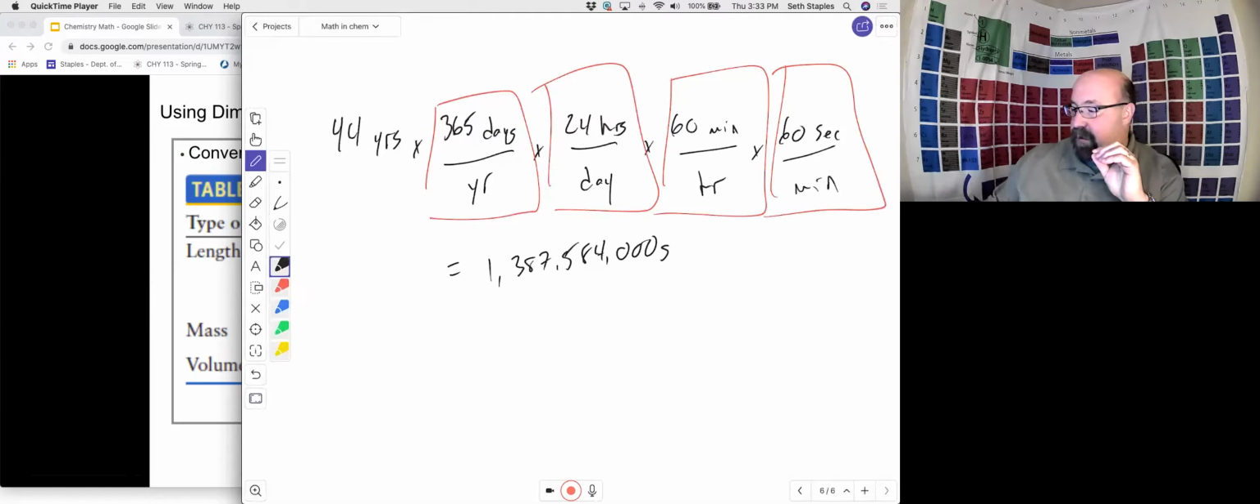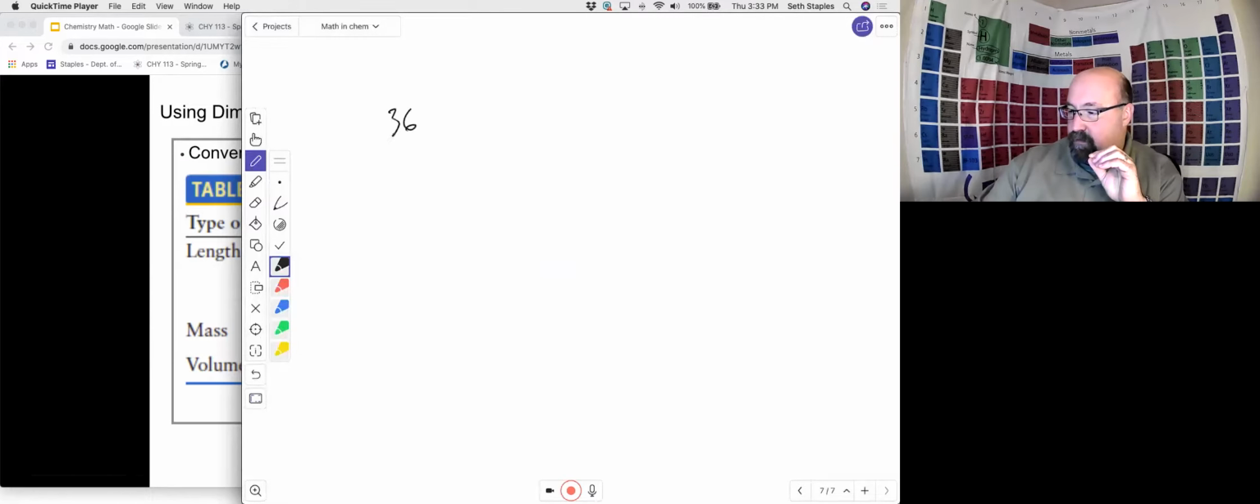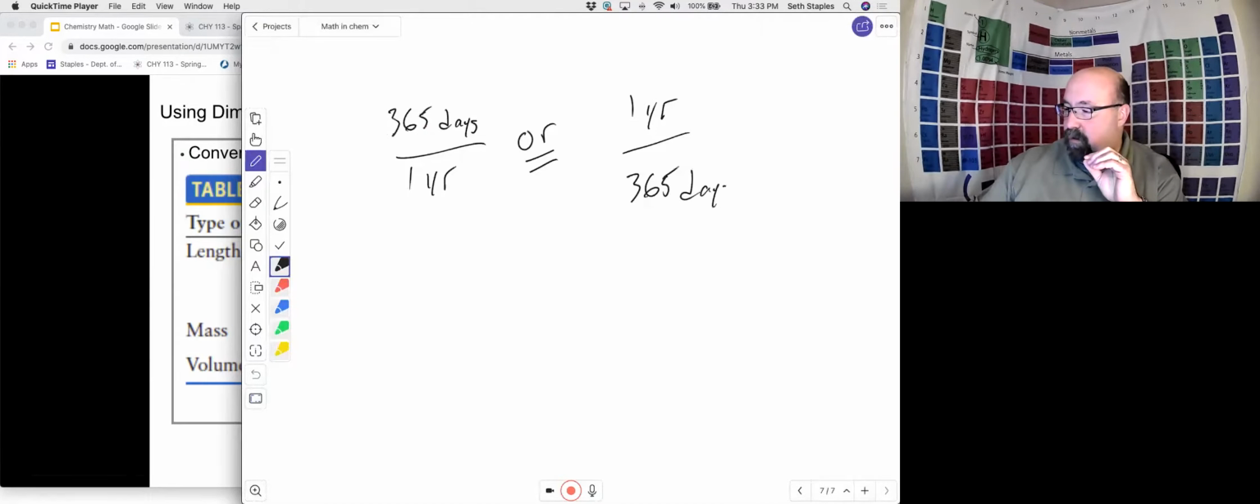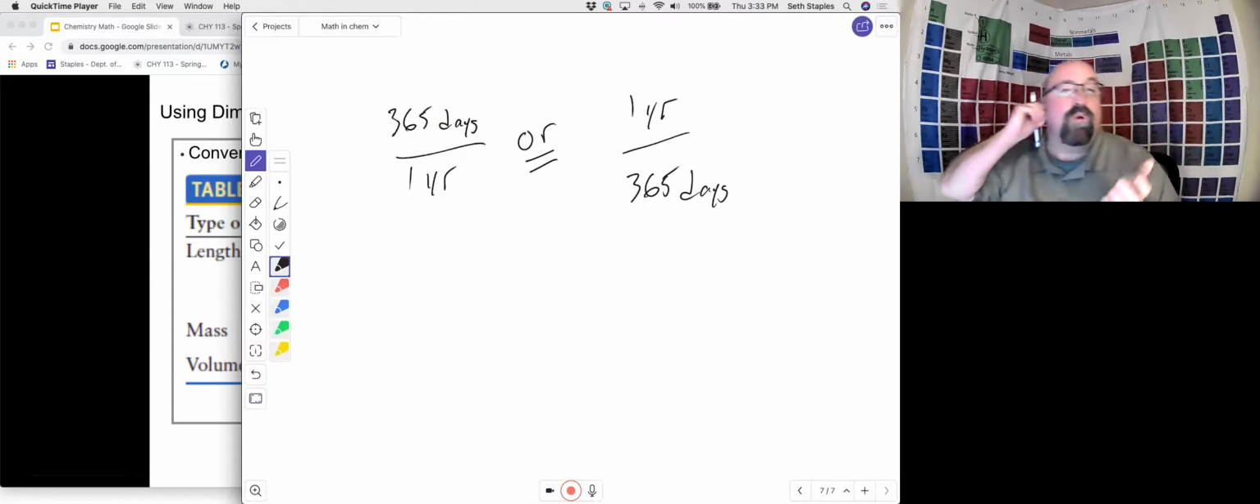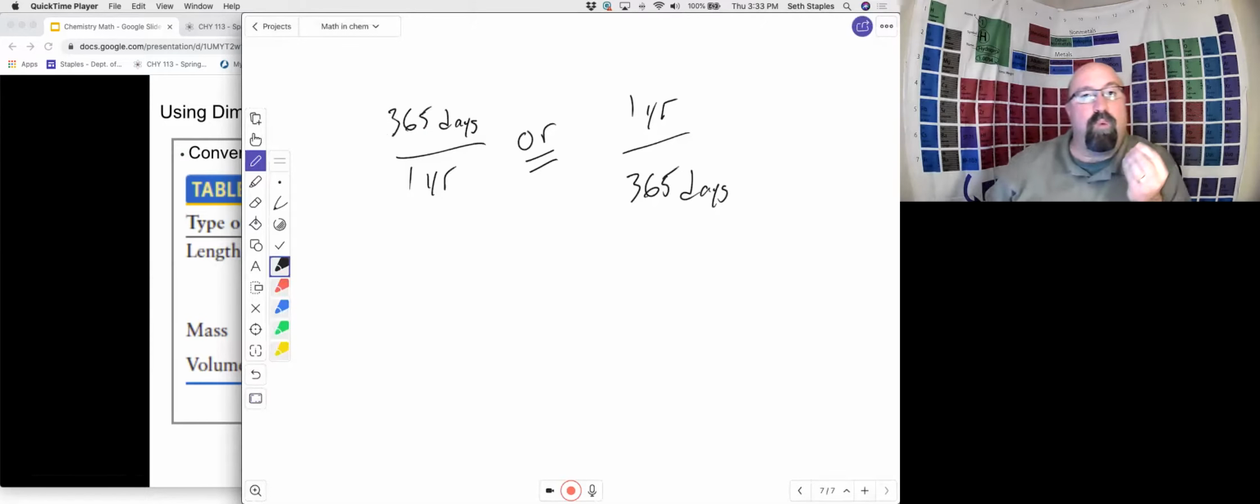I could either write, just as I did in this problem, 365 days per year for 1 year, or 1 year per 365 days. Either way is absolutely fine. The way that I write that depends on what I'm trying to solve. If I know the number of years, for instance 3 years, and I'm trying to find the number of days, then I'm going to use the first way I have this written,